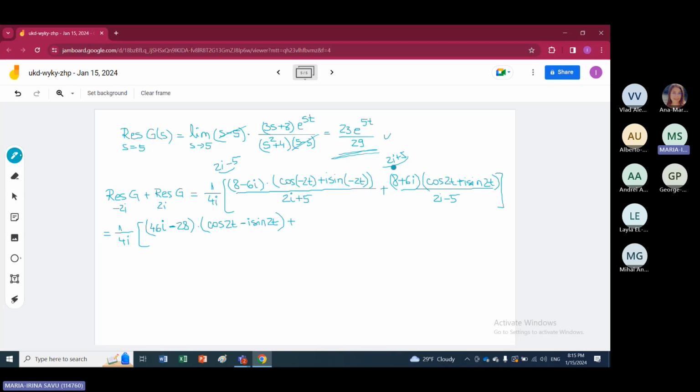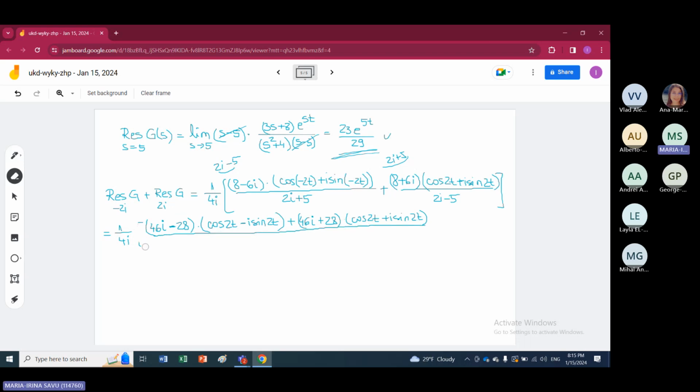Here we have, first with i, 5 times 6i, 30i, plus 16i is 46i, and we have 40 minus 12. Okay, so this is 28. And then cosine of 2t plus i sine of 2t all over